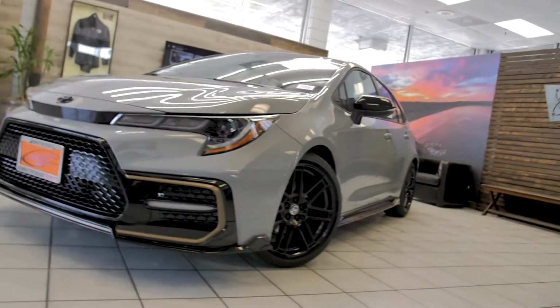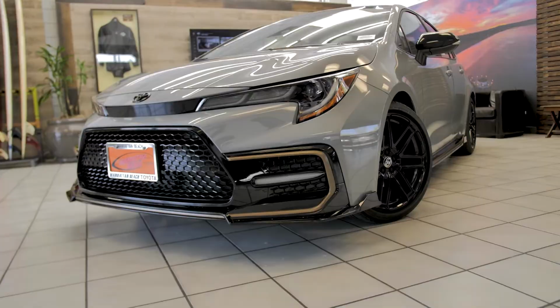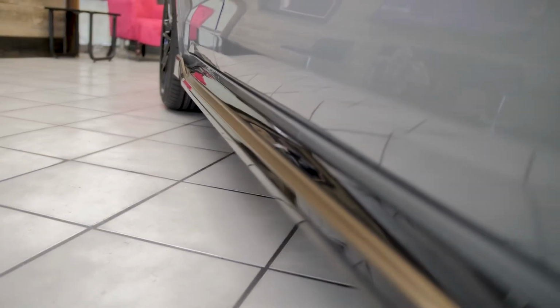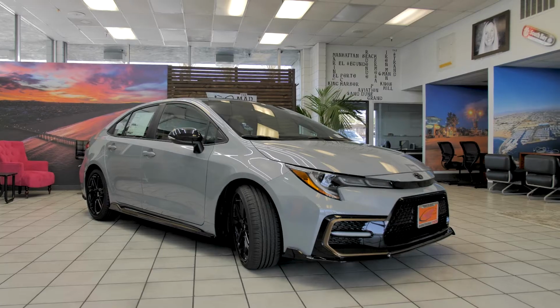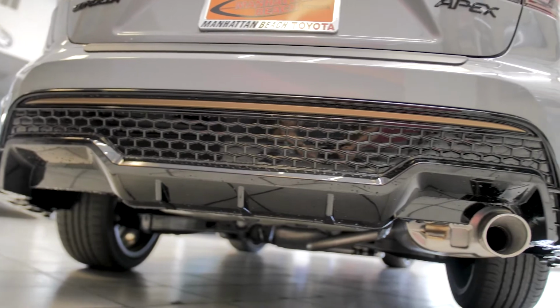All right, so we got to start off with the exterior. I mean, look at this thing. This is a Corolla? No way. The Apex just gives it that sexy look. Some of the first things that catch my eye are the lines on this car. I love the way it just has that sporty lineage to it throughout the entire vehicle, from the front end